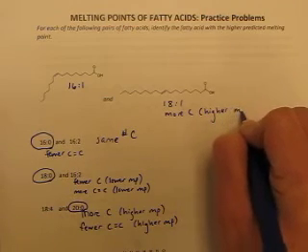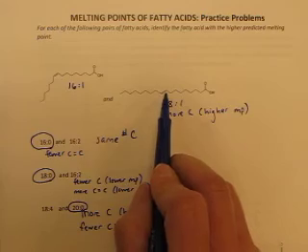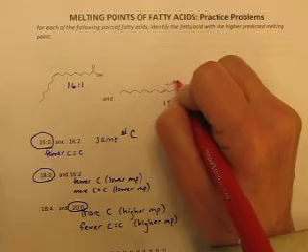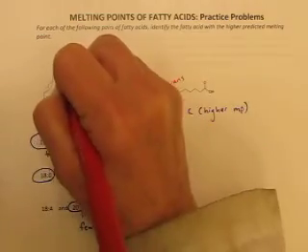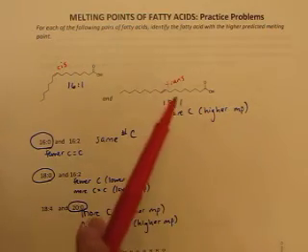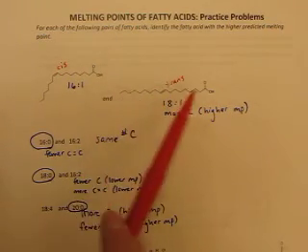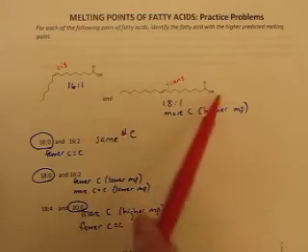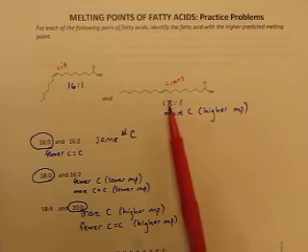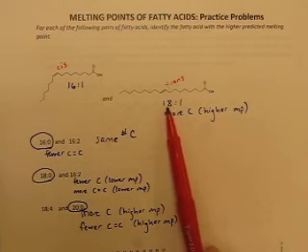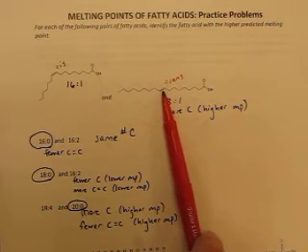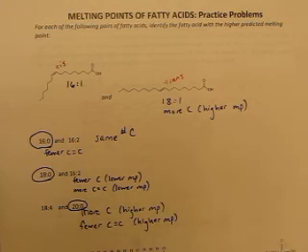But also what you want to start noticing is this. This double bond here is trans. This is a trans double bond. This bond here is cis. And we will see later, just kind of getting a sneak preview right now, that the trans double bond straightens the molecule back out. This molecule is pretty straight compared to the bent cis. So it's higher melting for sure because of more carbons, but also because the trans configuration of that double bond has straightened the molecule back out.